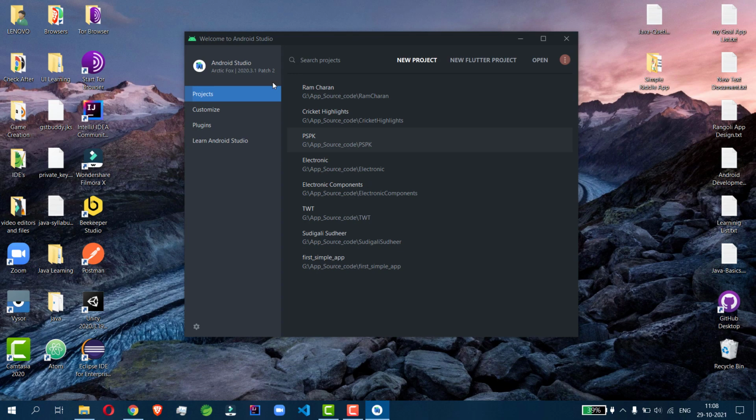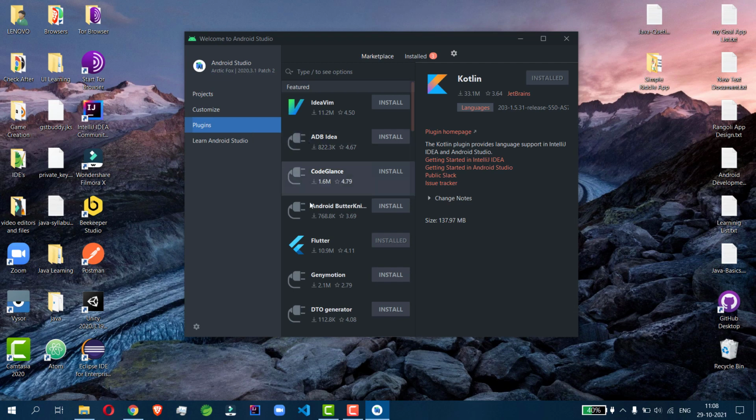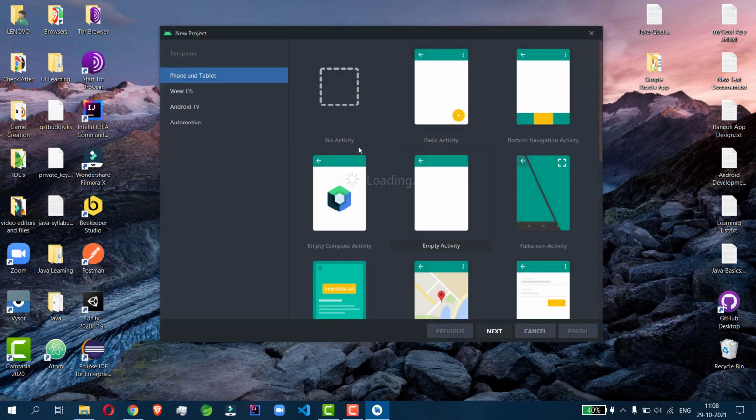After downloading it, click on New Project. You can see Flutter here; if you don't install Flutter, you won't see it. I installed it in my plugins. Click on New Project. If you want Compose, this is the latest design theme, which is only for designing by the code itself. No need for XML, only composing activity, Jetpack Compose. And if you want to go through it for the first time, go to Empty Activity.